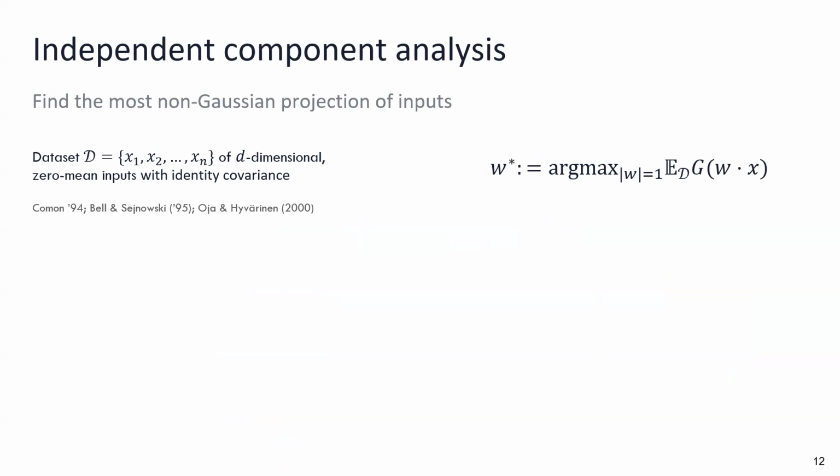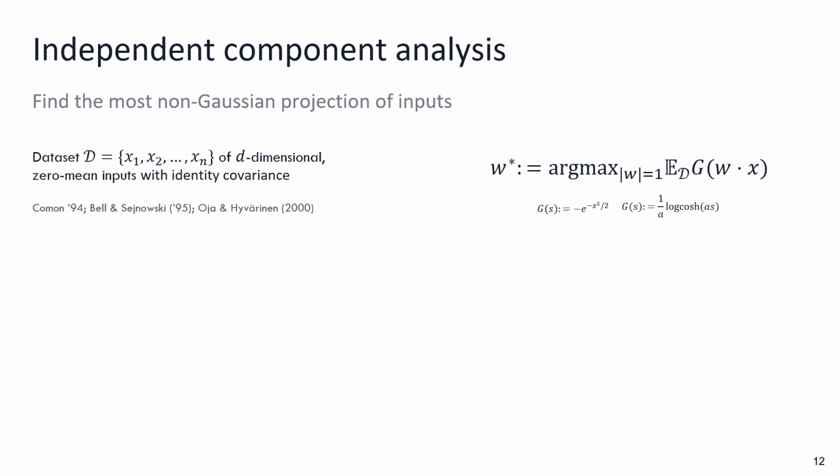So ICA, independent component analysis, has this very basic setup. You have data, so n data points in dimension d as before, and you just want to optimize this function, where W is the parameter you're optimizing over, and X are the data points you're taking the expectation over. So everything is encoded in G. You have to take G such that it's a measure of non-Gaussianity. There are a lot of hypotheses on which G you can take, but for simplicity, most people consider two different options, either a kernel or a log cosh, but it's not important.